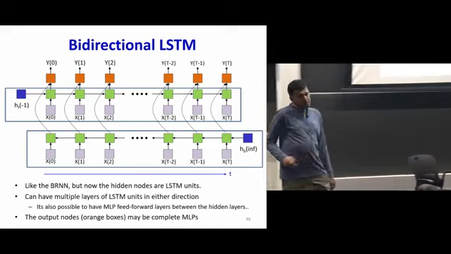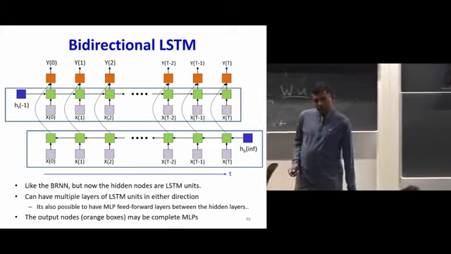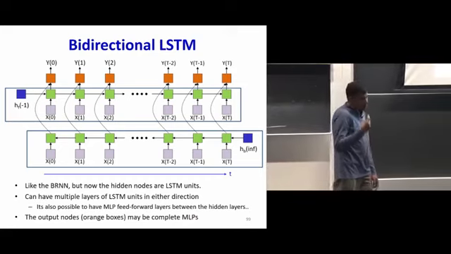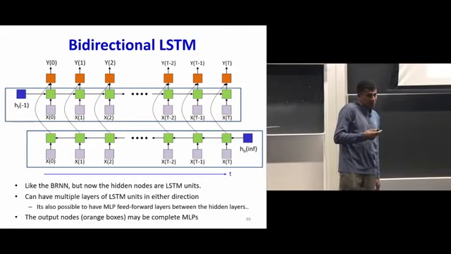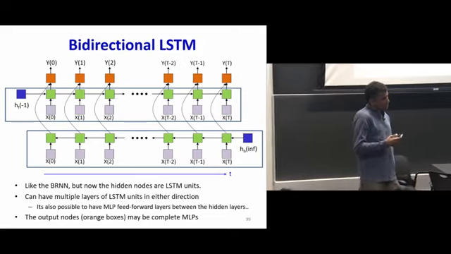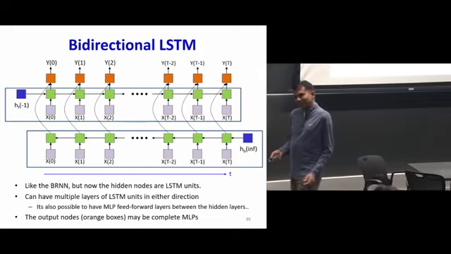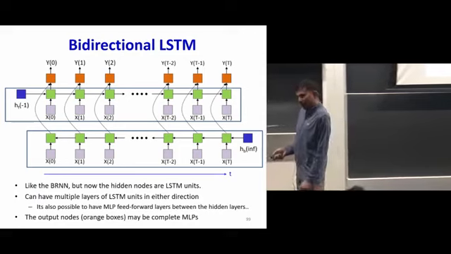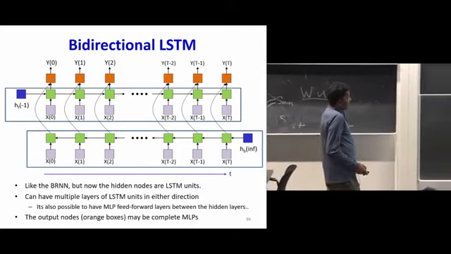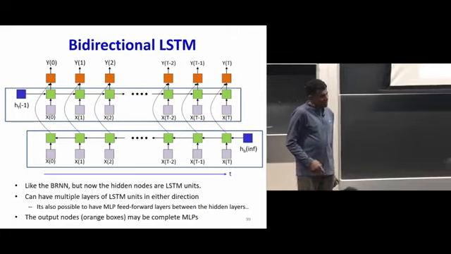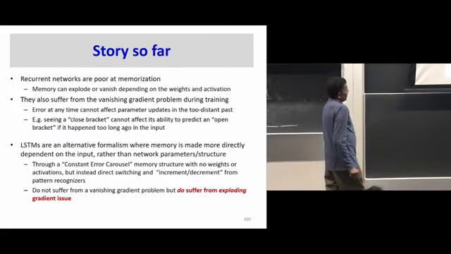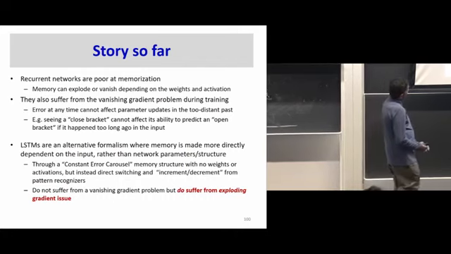So just as we had bidirectional recurrent neural networks, you can have bidirectional LSTMs. The idea is still the same. Nothing changed. The only thing that changes is that each of those boxes now is an LSTM cell, right? So the revised story: